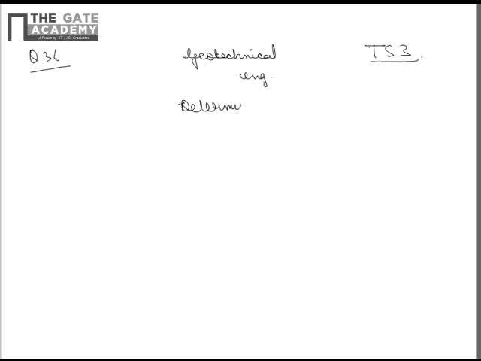Question number 36 of test series 3 is from geotechnical engineering, from the topic determination of index properties. Now in this question it is given that the diameter of the soil sample is 38 mm, height of the soil sample